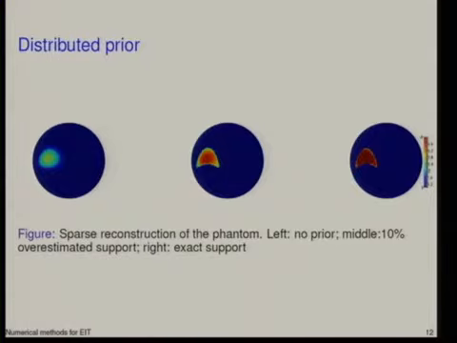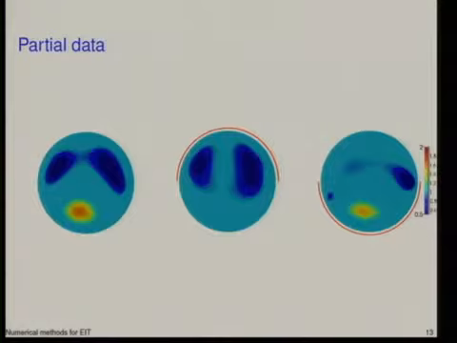So the partial data comes exactly now. This was not the phantom, but this was the full data reconstruction we had of the third phantom. Now if you only look at partial data on this part of the boundary, so we put the Neumann data here and measure the Dirichlet condition, this is the reconstruction we obtain. Again, there's no prior information here, but there's a sparsity prior, if you put it like that. The algorithm is the same, and this is how it looks. What is pretty clear here is that whatever is down here is almost impossible to see.